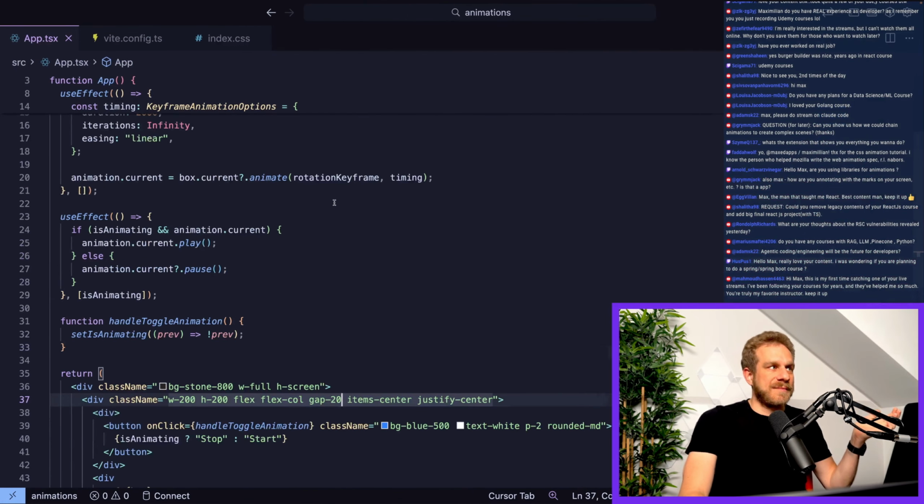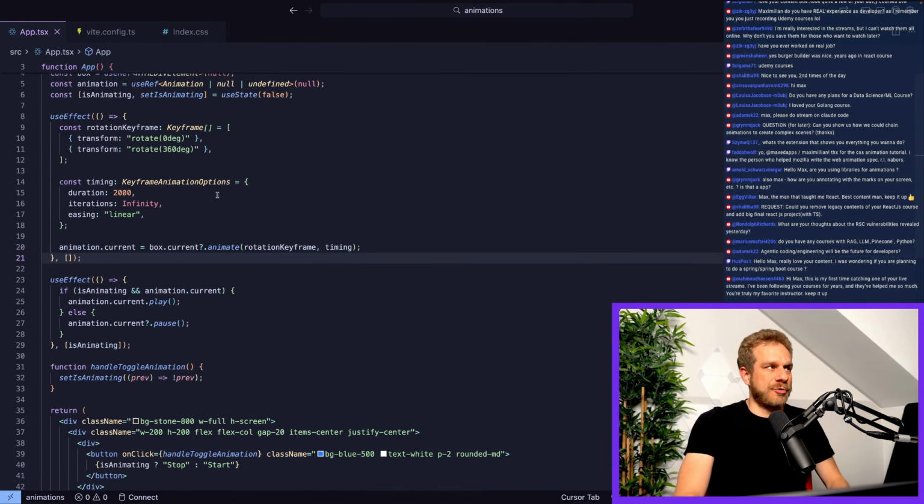And that's one of the reasons why you would use it over CSS. Sure, with CSS you could also remove and re-add the class, but you can do more than just start and stop. But even that is of course maybe a bit nicer if you can just call a method instead of adding or removing classes. Though in the case of React, to be honest, this is kind of a dirty workaround